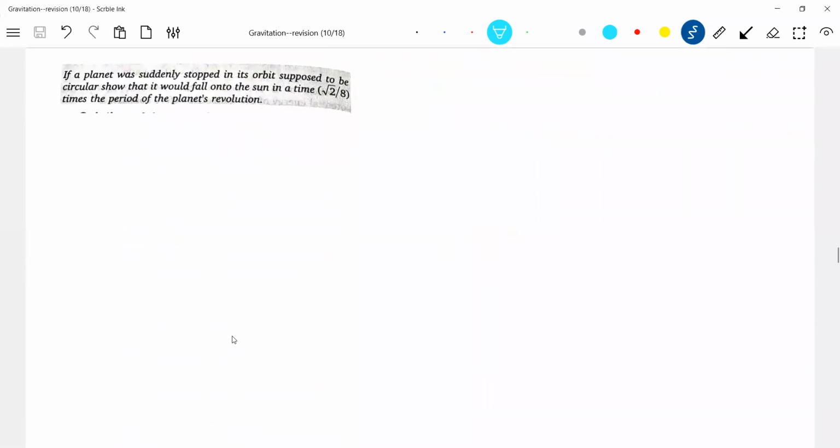And this one more. If a planet is suddenly stopped, read the question, get the diagram first. Get the related diagram. How much time does it take? You can do it by two methods, like I just now discussed the integration method. You can totally avoid integration and you can